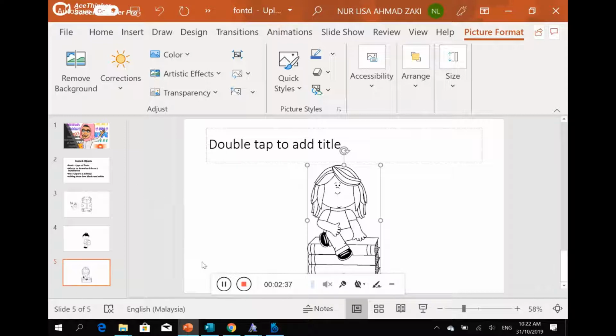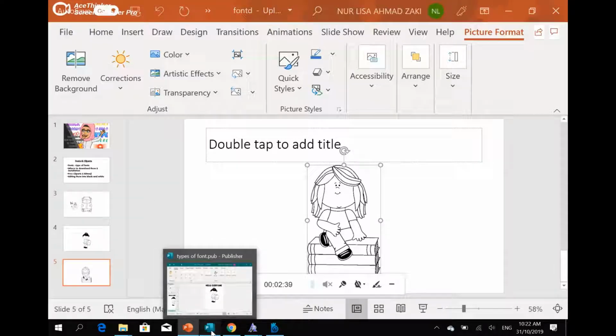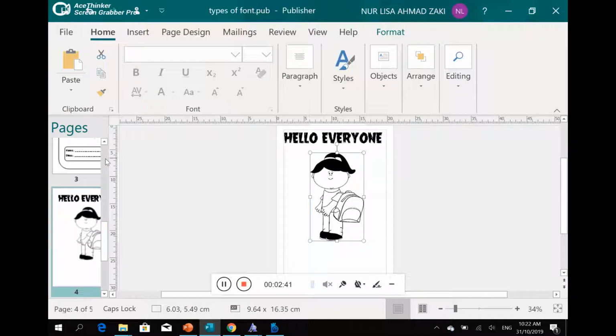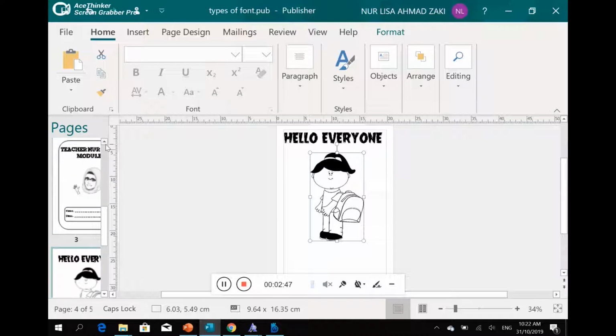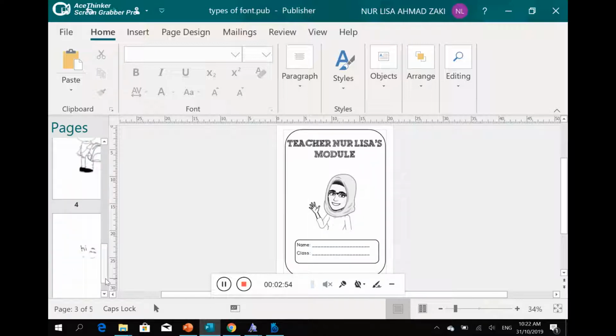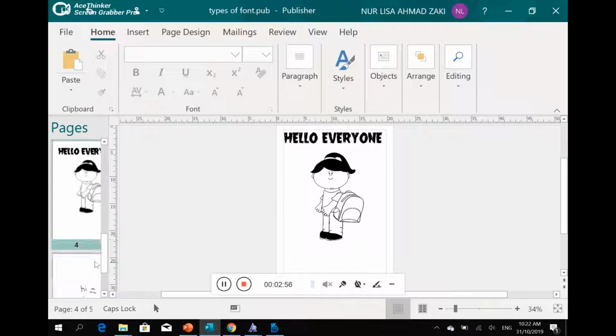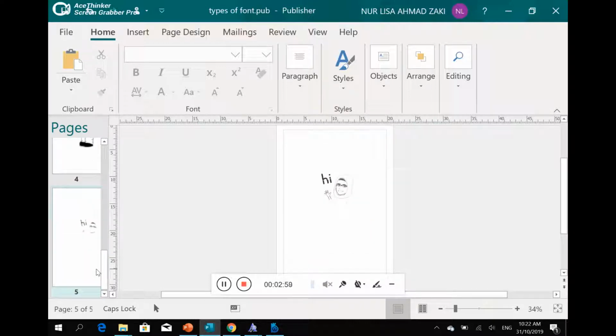So you can use it in your Publisher worksheets or your PowerPoint worksheets. Anywhere that you like to do it is easier. And at the end, you can have results also like this or this, or just simply using your avatar, which is